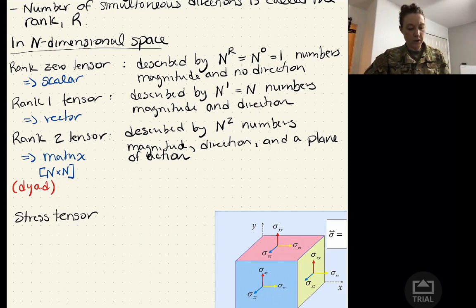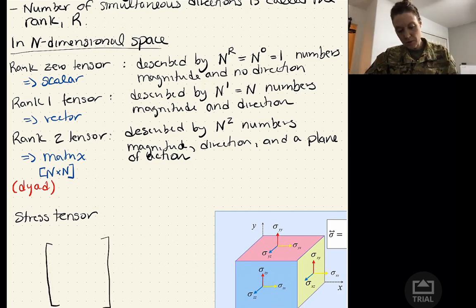So it can be a little bit weird to think about the magnitude, direction, and we need a plane of action. I think it's easier to see from this picture that the plane of action is what face we are talking about. This box represents a little fluid element, so think of it as having infinitesimally small width, height, and length. Looking at that green face, the normal vector is pointing in the x direction. So this is the x face, if you want to think of it that way. We care really about the normal vector. So the x face,